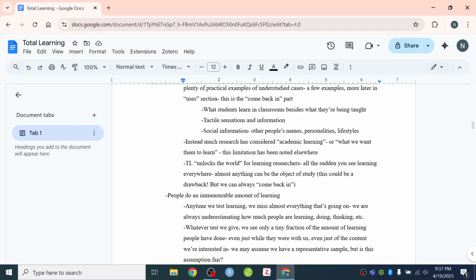This gets into a point that I'll make more strongly again in the follow-up, but we often assume that the test that we give students of their learning of academic material gives us a representative sample of that student's learning, but that assumption might not be fair. Perhaps I give someone that algebra test and they get 70 out of the 100 questions right, and I say, look, you are a C student. You learned a C's worth of the amount of algebra content I presented. But what if I just happened to ask the questions that the student does not know the answer to, did not learn the answer to, so to speak?